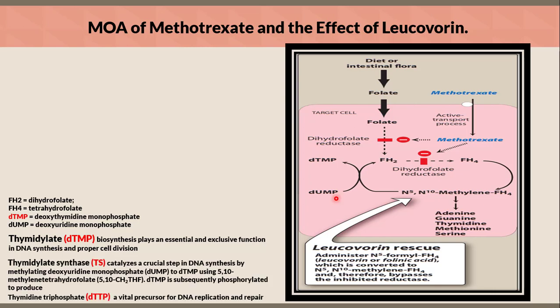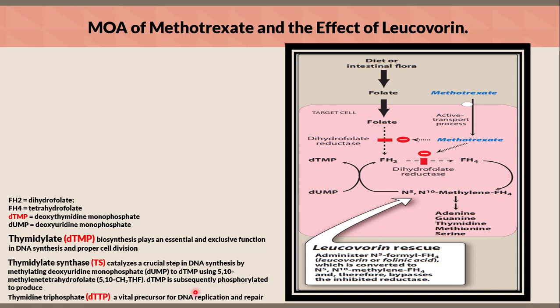which plays an essential and exclusive function in DNA synthesis and proper cell division. Thymidylate synthase catalyzes a crucial step in DNA synthesis by methylating deoxyuridine monophosphate to deoxythymidine monophosphate, using the N5,N10-methylene tetrahydrofolate, and the deoxythymidine monophosphate is subsequently phosphorylated to produce thymidine triphosphate, dTTP, which is a vital precursor for